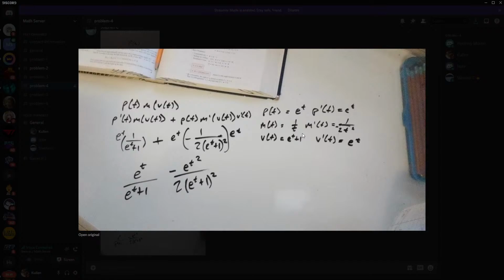That means the derivative will be 2e to the t. Not as simple as that. Definitely not as simple as that. You got to use the chain rule for that. Yeah, word. Well, I'm just going to expand it. 2e to the t plus 1. Then the derivative of that is going to be